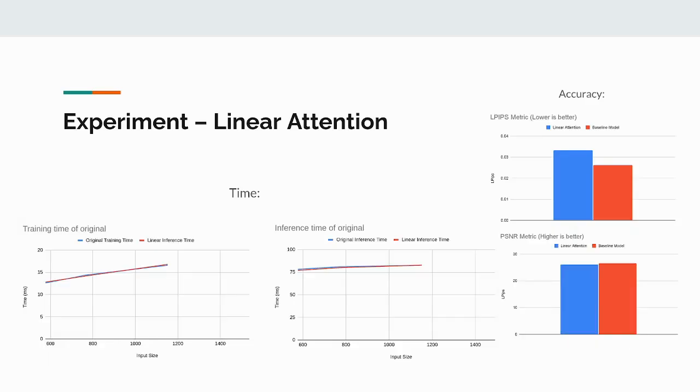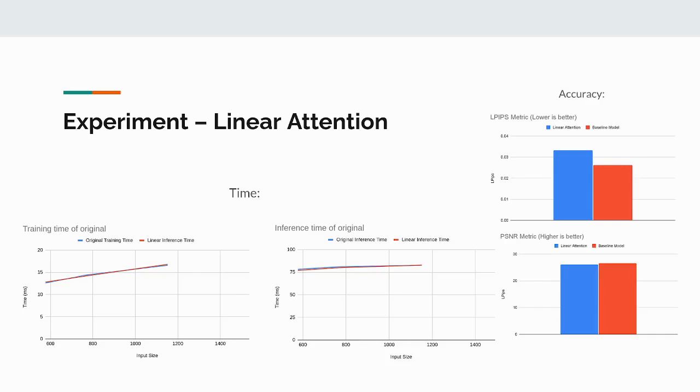For the linear attention, you can see for the accuracy, a couple sample metrics. And generally what we saw was that using the linear attention mechanism somewhat decreased the model's performance. It was still reasonably close to the original, but there was a definite performance impact. And meanwhile, for the time, we scaled up the inputs into the cross-attention layers to simulate an increased caption size being handled. And we found that that had no impact on the actual time that it took to do the